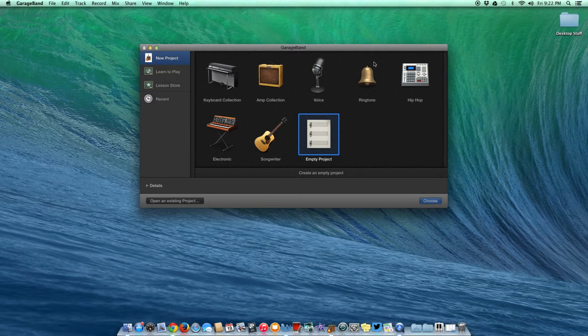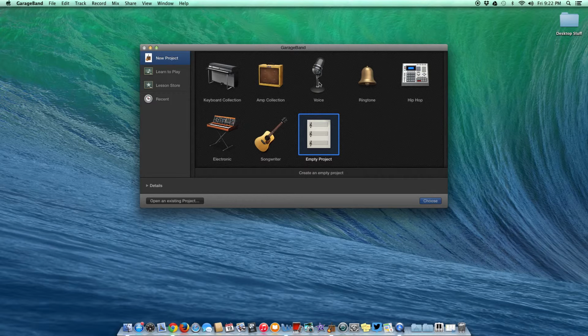Okay, when you first open up GarageBand, you're going to see this main menu. This main menu has a lot of different pre-made settings for GarageBand that will help you in a certain project. For example, if you are primarily a piano player or a keyboard player, this is a lot of stuff that you might want to look into. A keyboard collection of different sounds and patches to make your music sound really good. If you're really good at piano and keyboard already, that's great for you. Amps is more for if you play a guitar or a bass and you need a certain amp sound for your music. Voice is obviously for something where you're using your voice primarily, maybe a podcast,